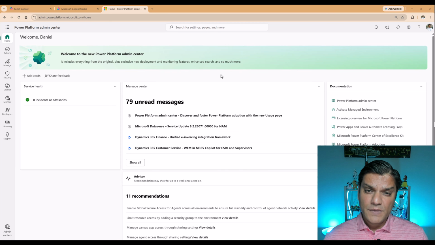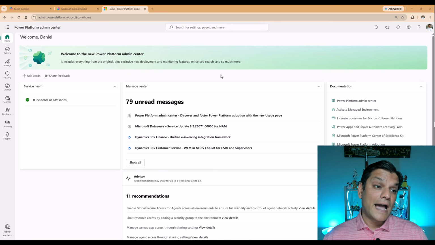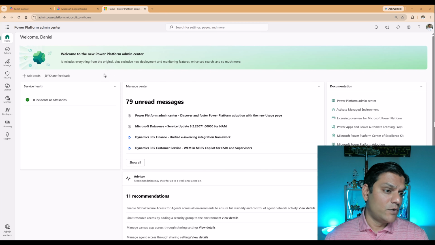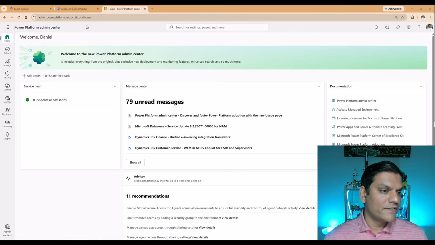So let's get started. Now, before I show you how to use this connector, I need to first show you how to go ahead and enable it as well. And you guessed it, we got to go into the Power Platform Admin Center, most commonly known as PPAC, because it is a connector. So I have to make sure it is already allowed on your business side. And for that, we got to go to the Power Platform Admin Center's data policy. So you need to have the Power Platform admin role that's on the Entra side. Make sure you have that role because then only can you come over here and do this change